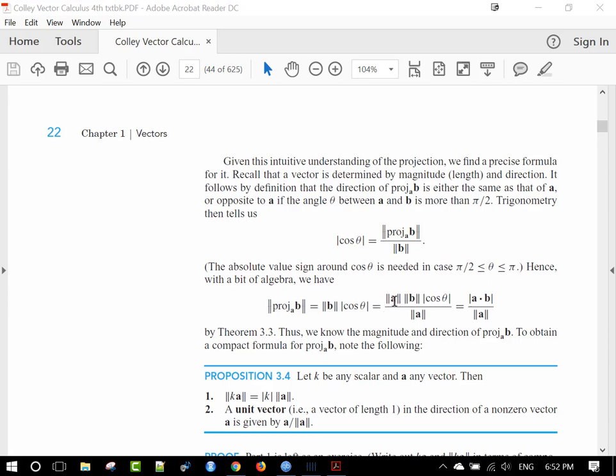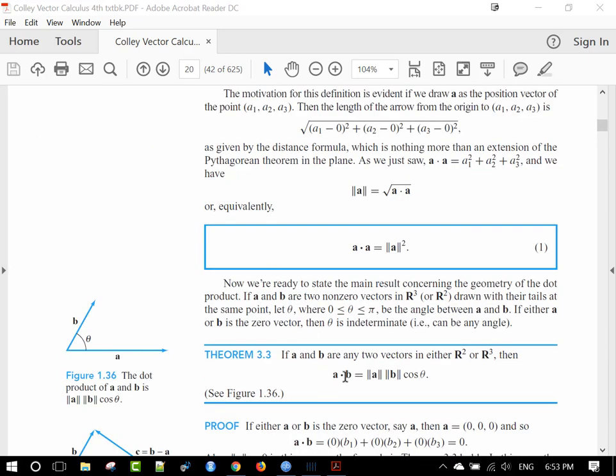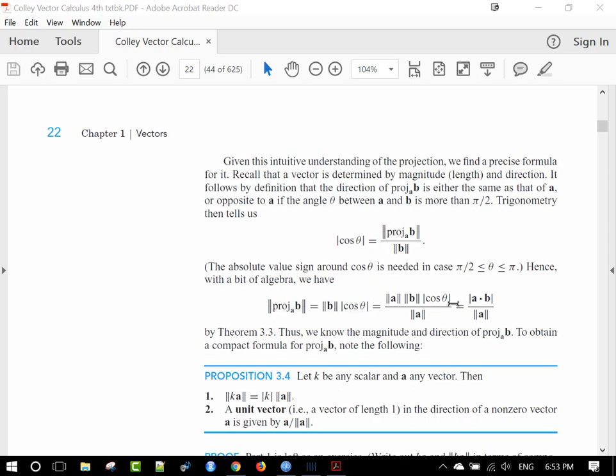we take that and multiply and divide by the length of a, and this on the top. From before, we see that this is a dot b, absolute value. Let's make sure of that. So a dot b equals this, which is basically this. There's the absolute value sign there, but